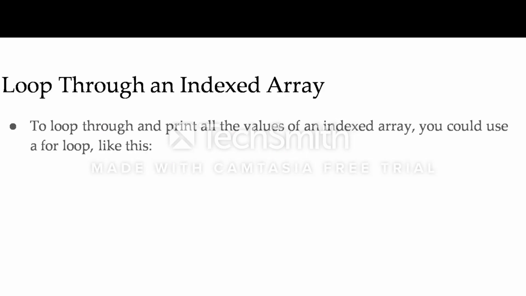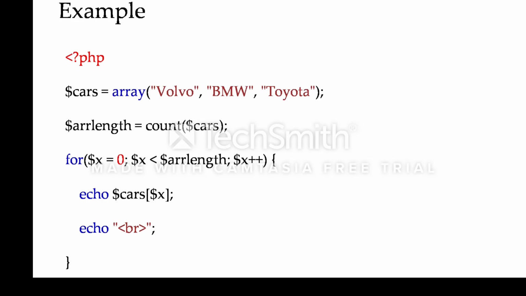Using a loop in an indexed array we can print all the values of an indexed array. In this loop indexed arrays example, we use 2 variables. One variable is used for declaring the array function and another variable is used for counting the length of an array.